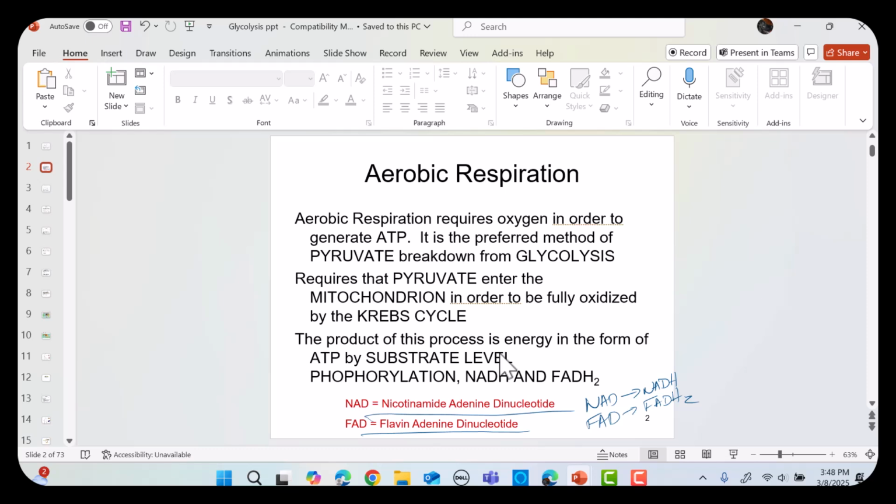So NAD and FAD are electron carriers. So there's going to be a lot of stories about electron carriers and putting the electron on the carrier, as in gaining the electron, as in reduction. So we're going to reduce NAD to NADH. We're going to reduce FAD to FADH2. So at the point at which the electron carrier is carrying the electron, as in when it's reduced, that's an energy-containing molecule. So what that really is